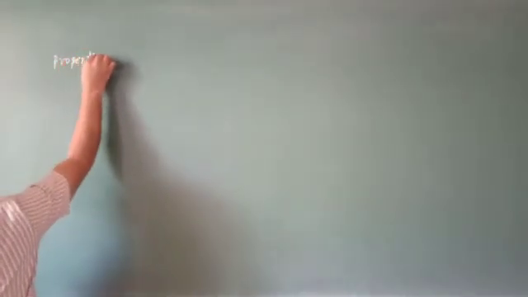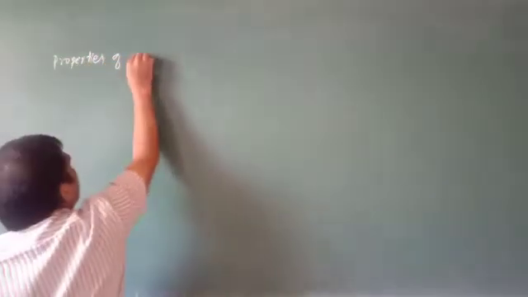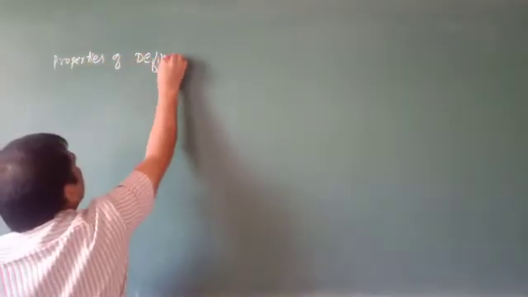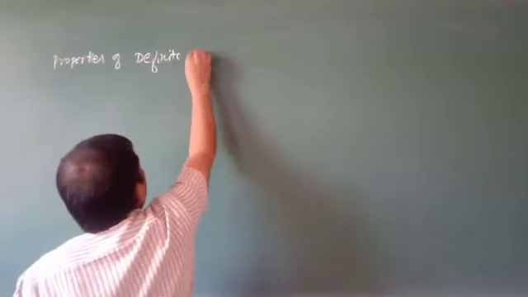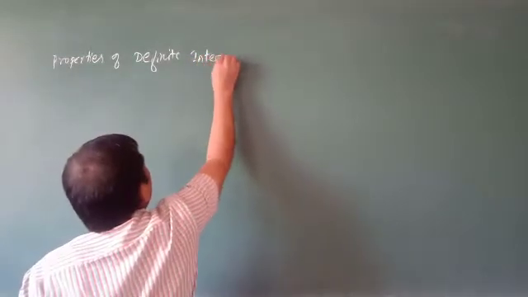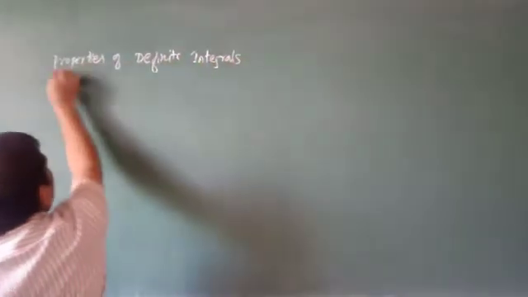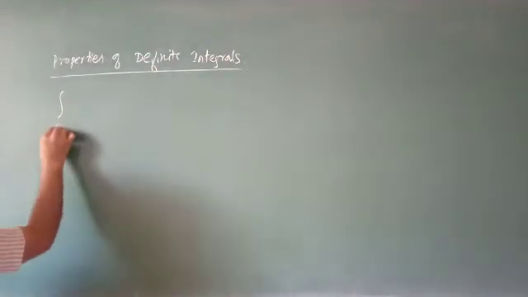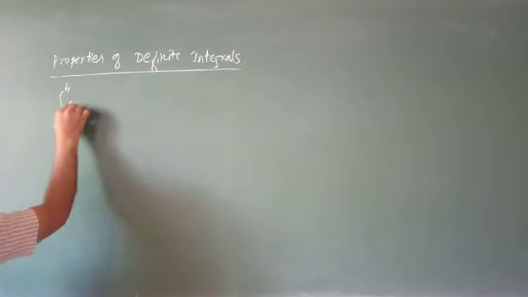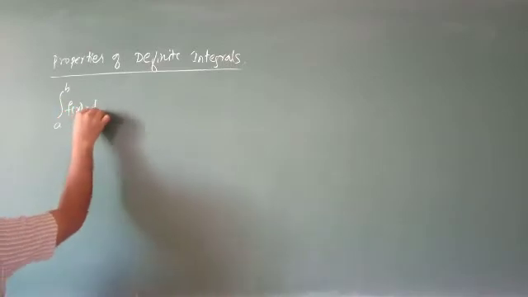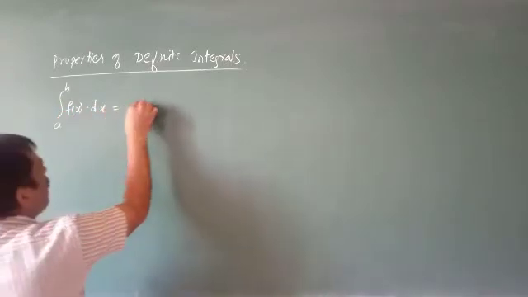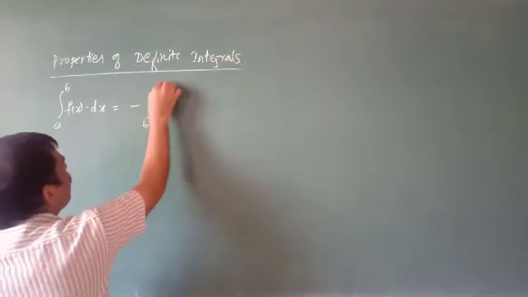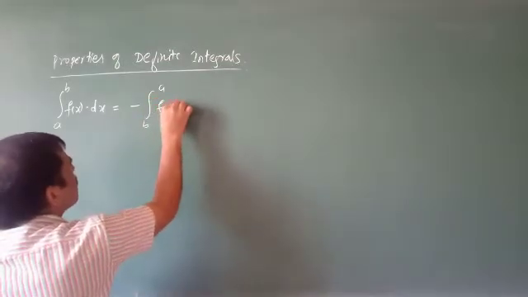Properties of definite integral. The first one is: the integral from a to b of f of x with respect to x is equal to minus the integral from b to a of f of x with respect to